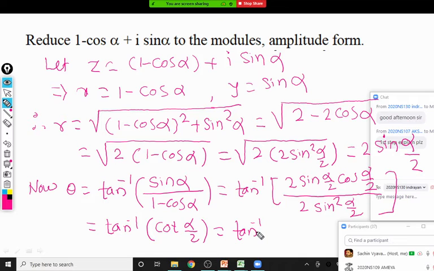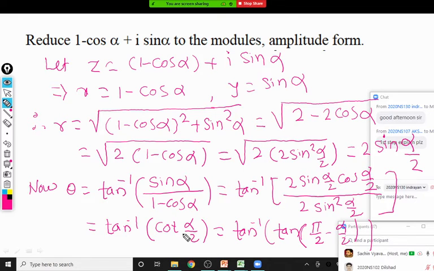Don't do it like that. Sorry, sir. It is tan pi by 2 minus alpha by 2. Yes, tan pi by 2 minus theta, that is here alpha by 2, is a correct answer. Don't do these funny things. Someone said tan 2 by alpha. Yes, it is 1 upon tan of alpha by 2. Okay, not an issue.